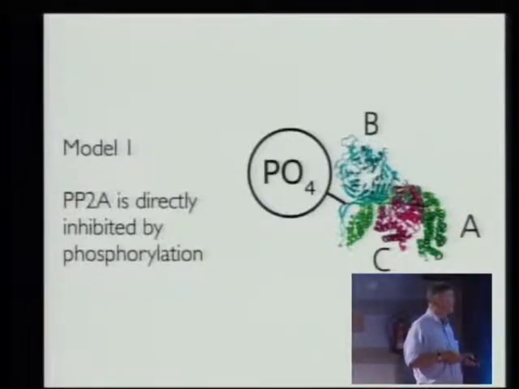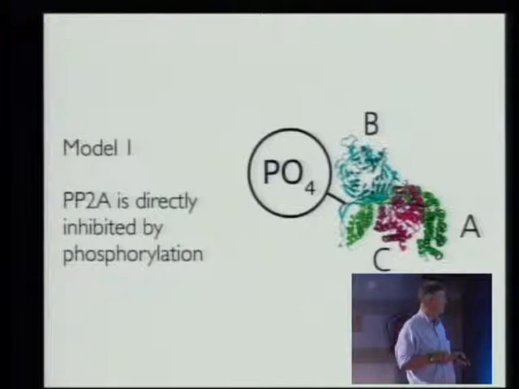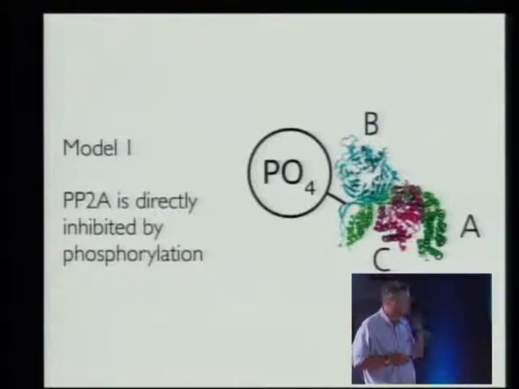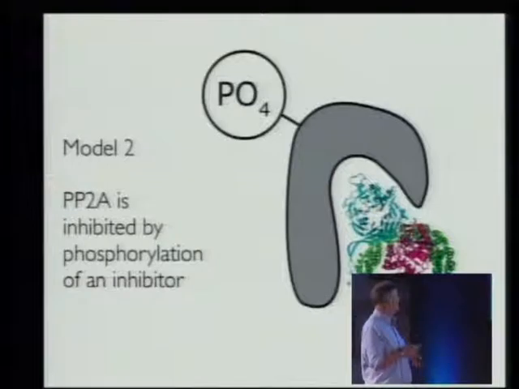And there's something called a Phos-tag gel, which is a fairly new Japanese invention, which really allows you to see whether or not things get phosphorylated at all. And there was really no evidence to say that this did get phosphorylated. So we didn't really favor this hypothesis, which then sort of leaves us with a second model, which is, in